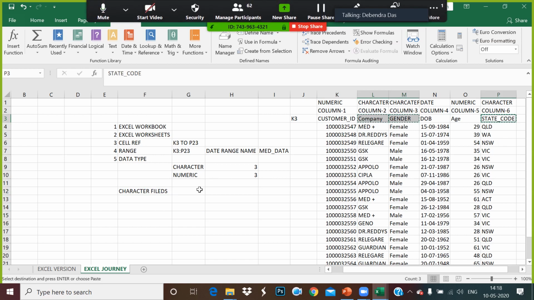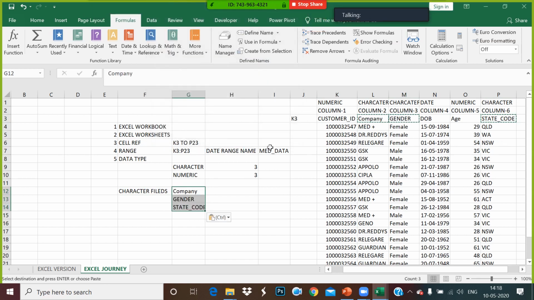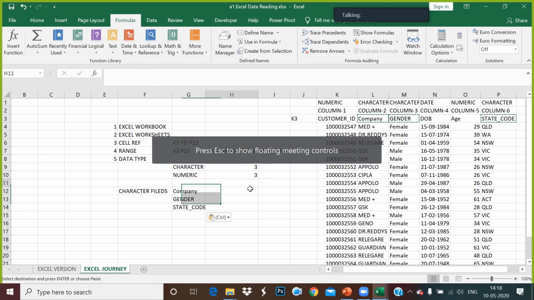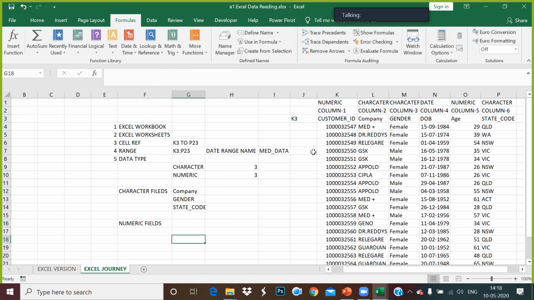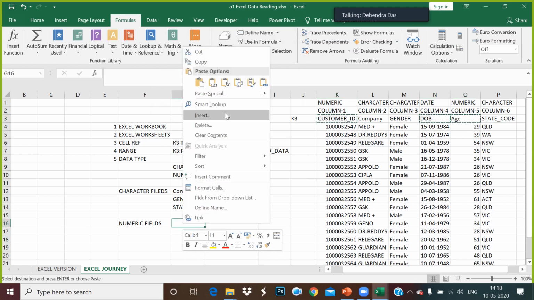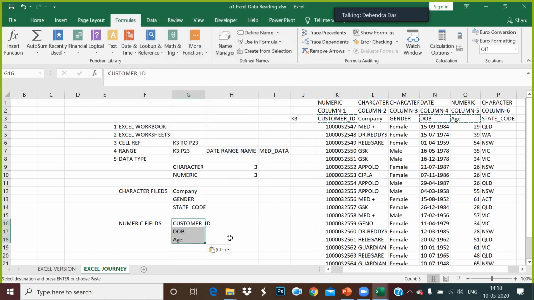Copy this, right click, paste special values, and choose transpose. The numeric fields are customer ID, date of birth, and age. Date time is a part of numeric fields.